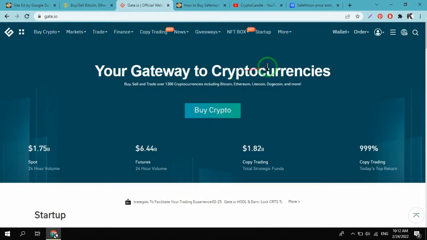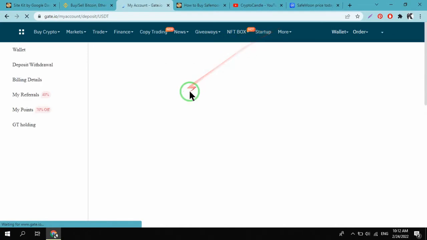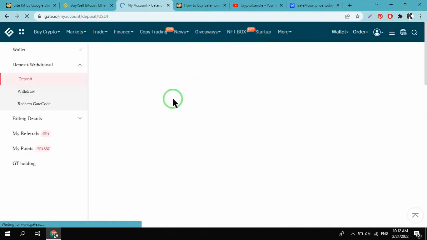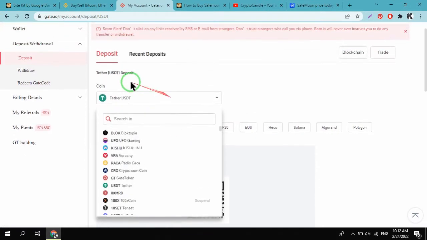And here you have to deposit some USDT to buy Safemoon, right? So here you can go to the deposit option. Right, this is the deposit option. Now here Tether, USDT, is selected. You can search here for any coin that you want to deposit, but as I am going to deposit USDT,